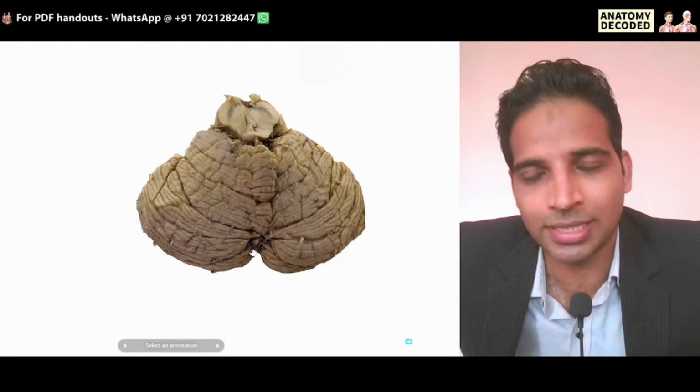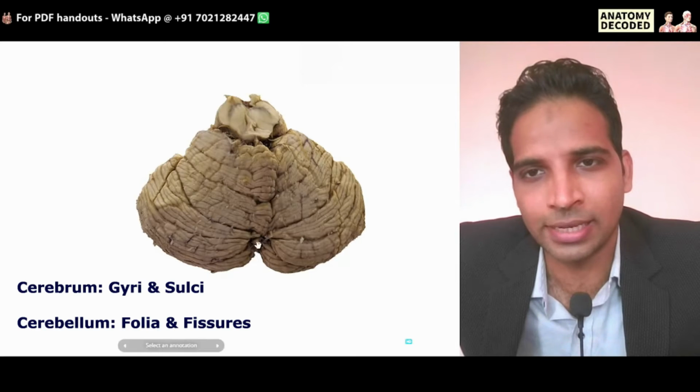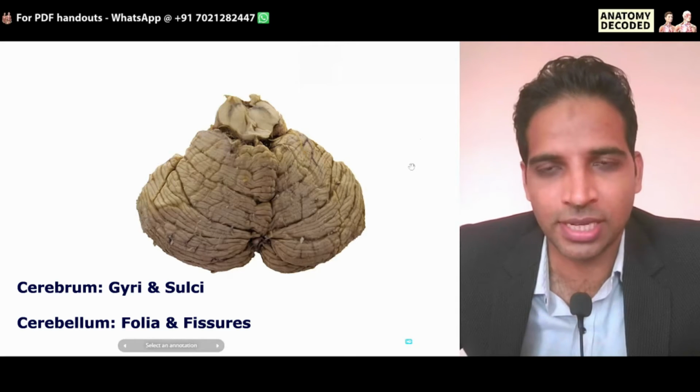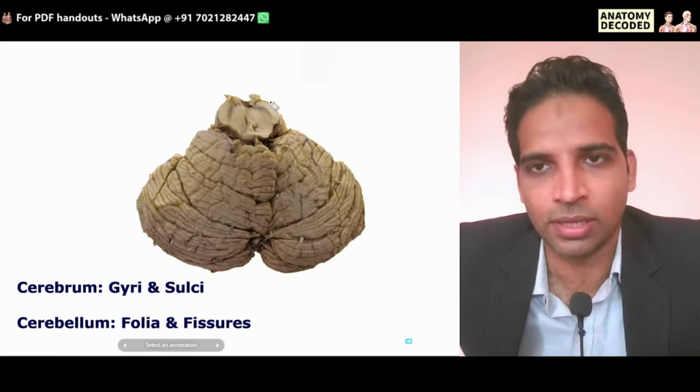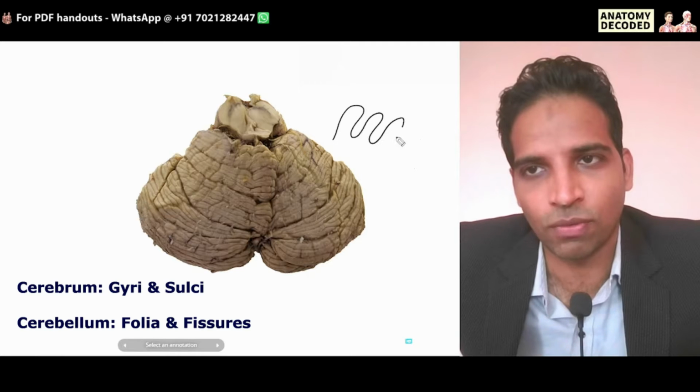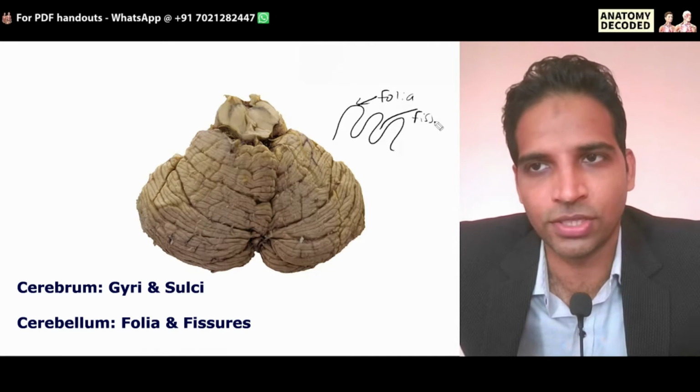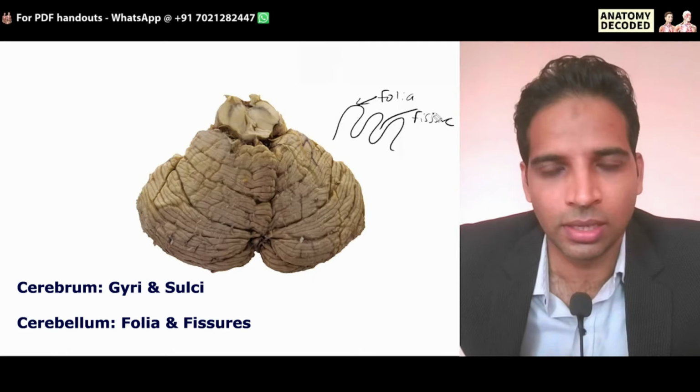Just like the cerebrum has got sulci and gyri, the cerebellum has got folia and fissures. Okay, folia are the projections, fissures are the depressions. Okay, so there will be multiple folia and fissures like this. The projections are referred to as folia. In between them, that's the fissure. Okay, so